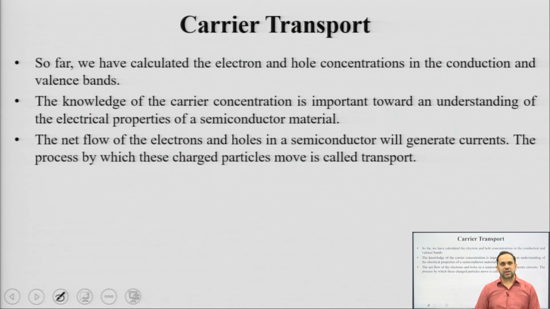See, all the semiconductor devices, or for that reason we can use the word electronic devices also, these devices have a primary objective of generating appreciable amount of current for any applied voltage. And when we are talking about current, we are interested in charge also, and charge is produced by two types of charge carriers in semiconductor devices, mainly electrons and holes. So, we have calculated so far how many electrons are available per unit volume in the conduction band, which is your electron concentration. If you remember the equation, we denote electron concentration by N, and it is given as